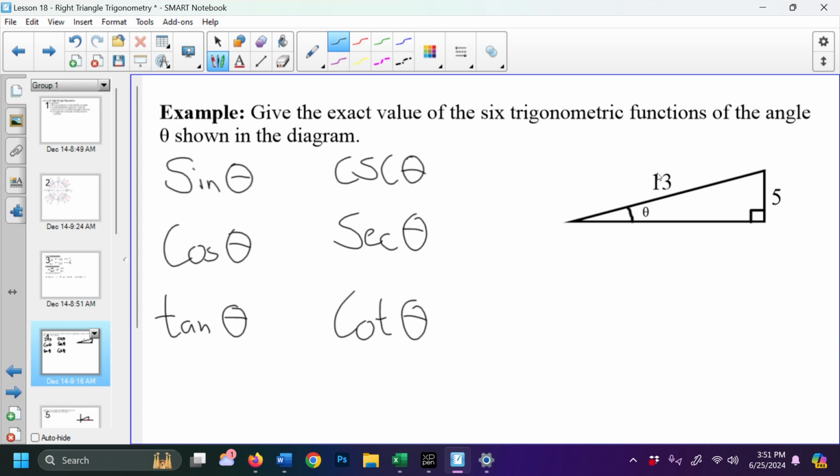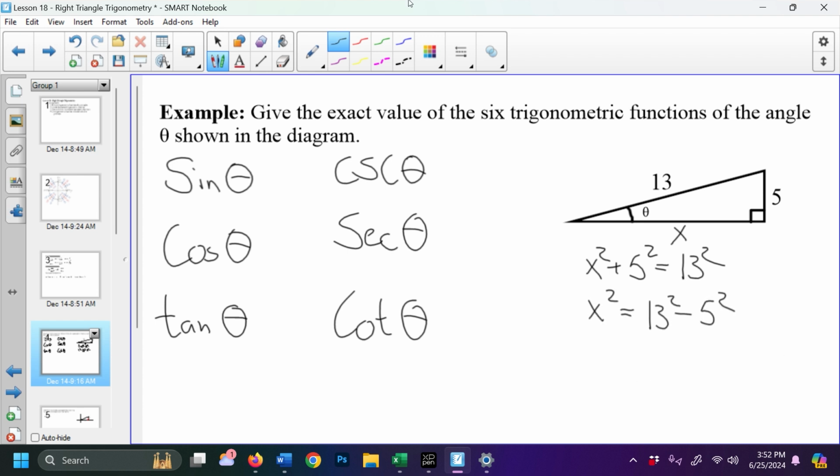I have one of the legs. I have the hypotenuse. I don't know this third leg, so I can use the Pythagorean theorem to find that third leg. Since it's horizontal, we'll call it x, and I'll say that x squared plus 5 squared is equal to 13 squared. Now, the good news for us is we can figure this out, and it is a Pythagorean triple, meaning that it is one of the rare instances where all 3 of these values come out to be whole numbers. So x squared is equal to 13 squared minus 5 squared, and I take the square root of